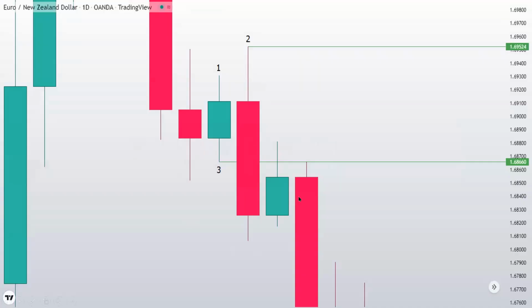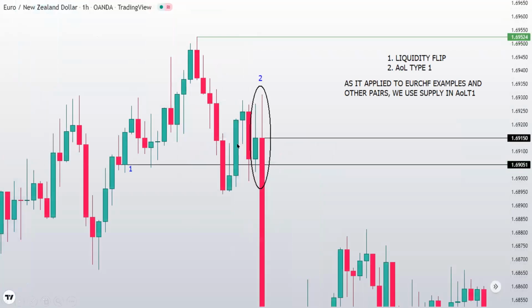Another example to this one, type 1 daily. As you can see, on the 1 hour time frame, we have this specific criteria, we have this liquidity flip, but also we have this type 1. Now, in some scenarios, the market may come and tap to this liquidity flip. Sometimes the market may come in, clear on that specific supply or demand, tap again, then after the market can